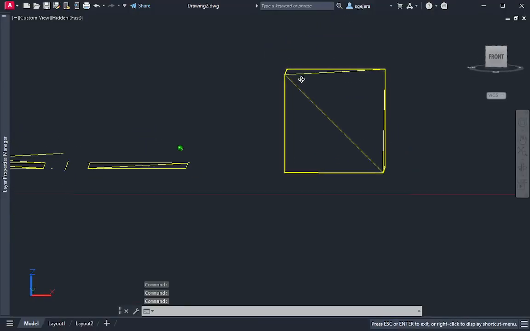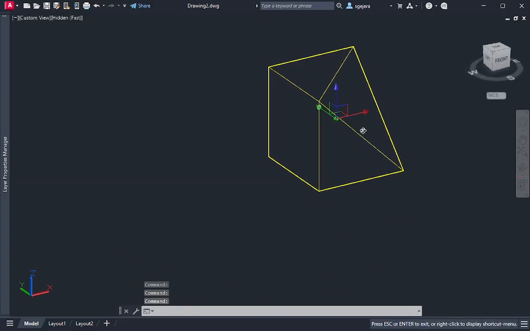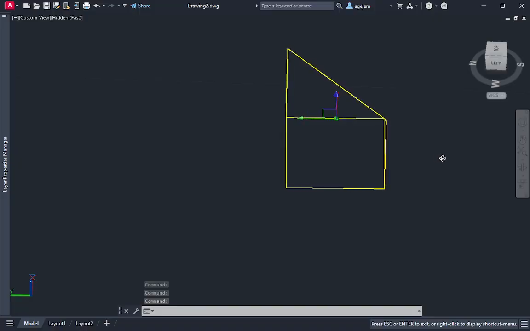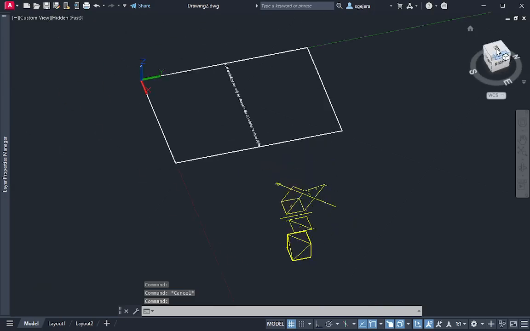Or wait, sorry. I select this. Iniikot ko siya in such a way na magiging point view siya ng ganyan. Parang ganyan. So makikita ko dapat itong normal na nakadikit sa top plane and itong normal na nakadikit sa left side view. Okay? So mangyayari dyan is